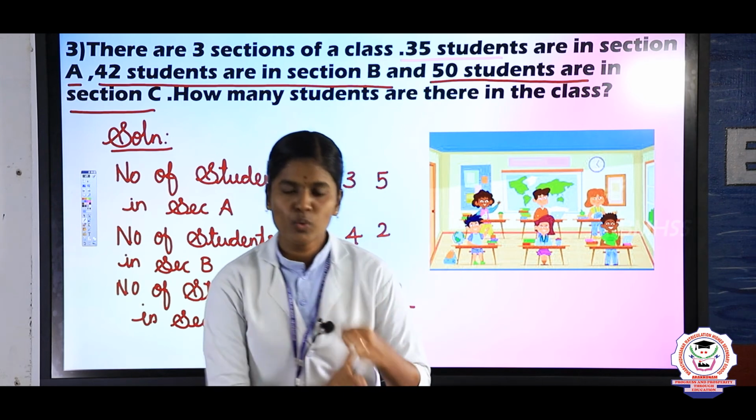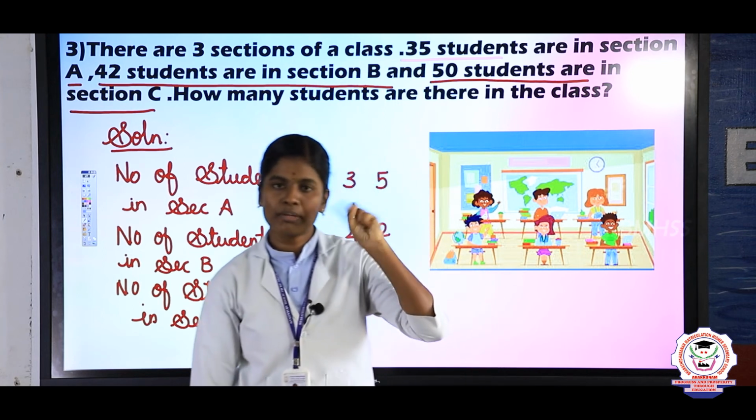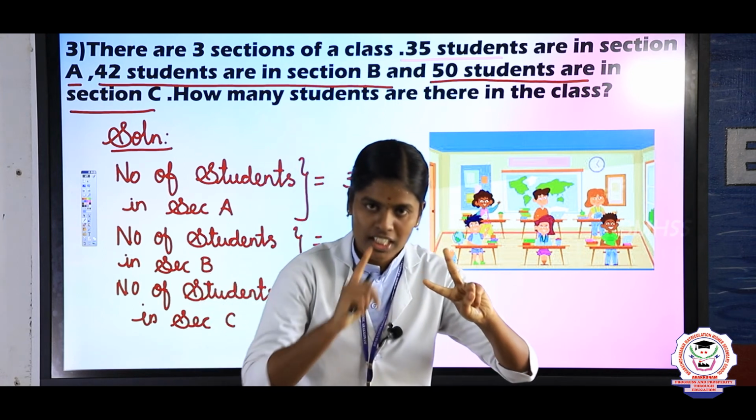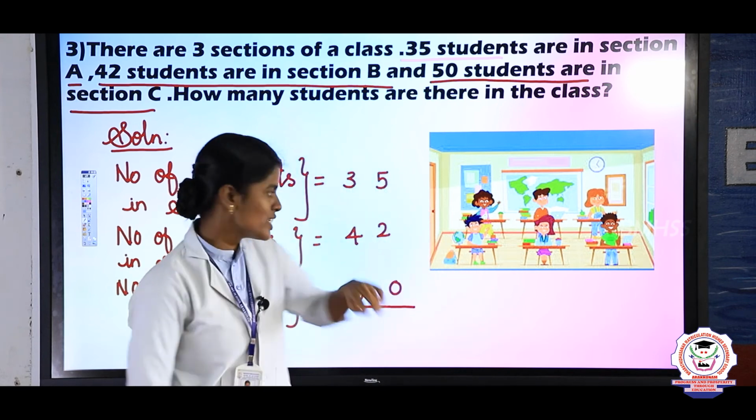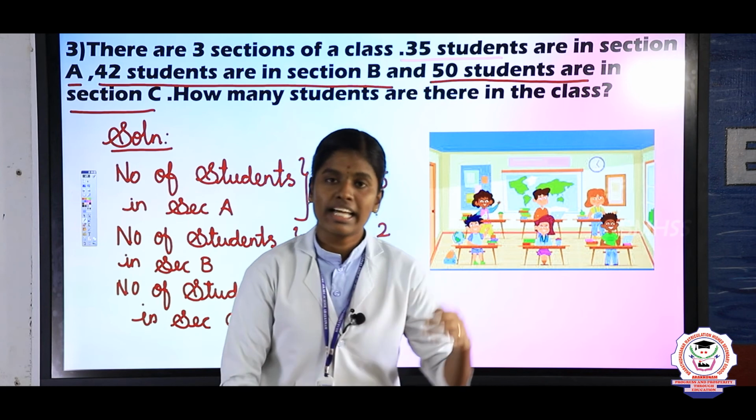Keep 5 in the mind, 2 in the finger. Very good. The answer is 7. So 5 in the mind, 2 in the finger, 5 after 6, 7. The next one is keep 7 in the mind, 0 in the finger. You are getting the same answer. The answer is 7.